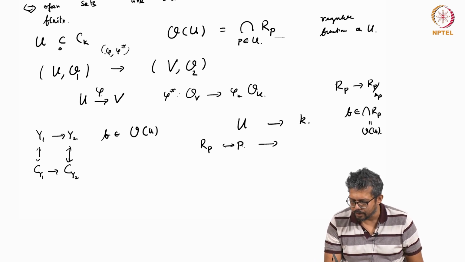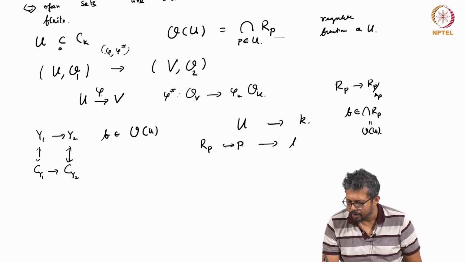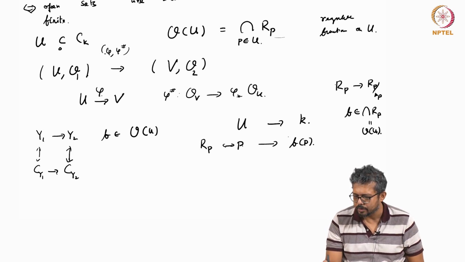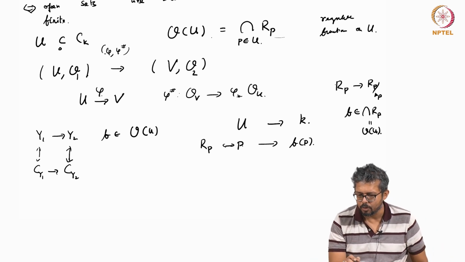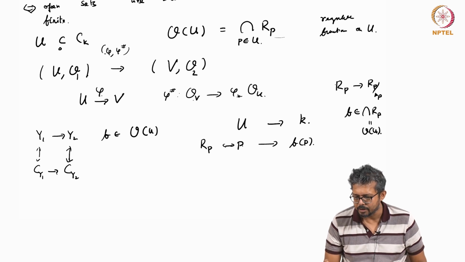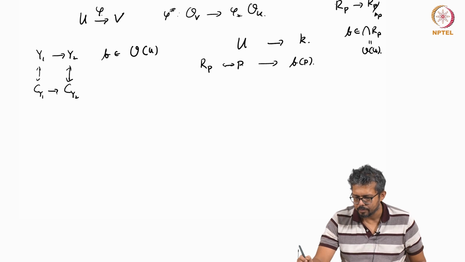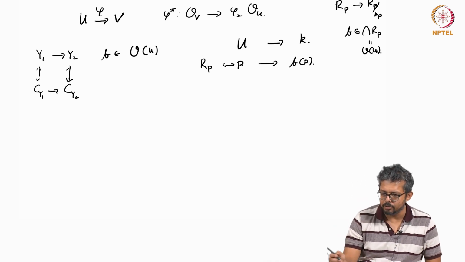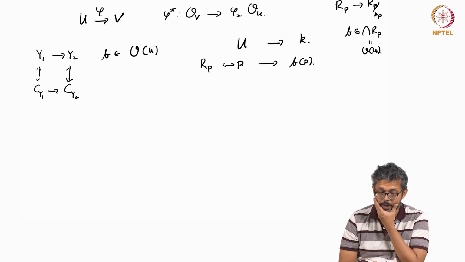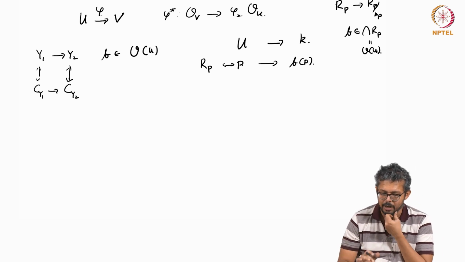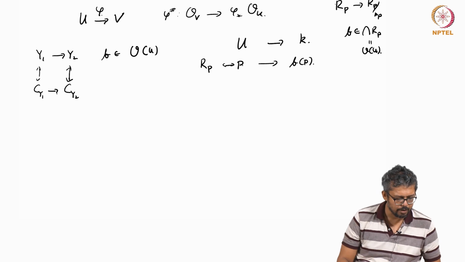So now you take the image of a, f in R_P mod M_P. So every point, you define, that is the evaluation map. That's how you think of any element in the intersection O_U as a function on your open set U. This is the way you think for schemes: you think of the element of a ring as a function on Spec of A. So exactly the same idea here.